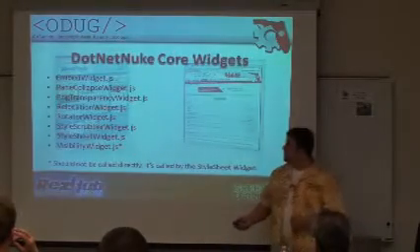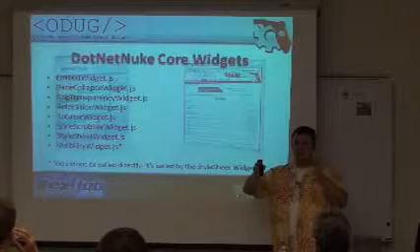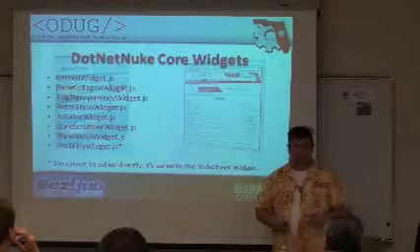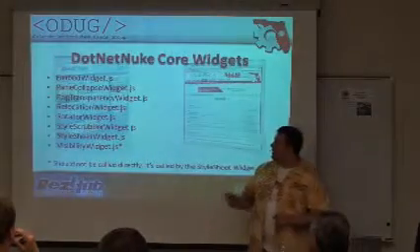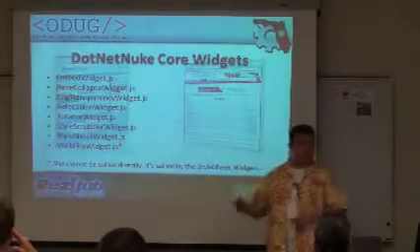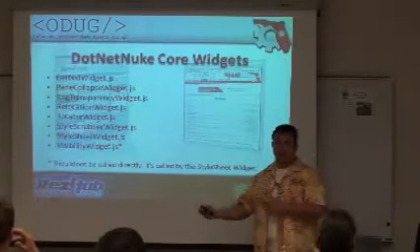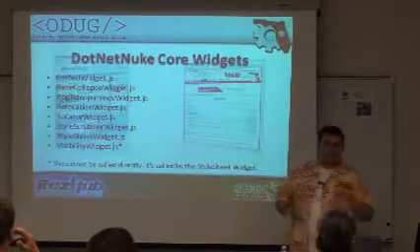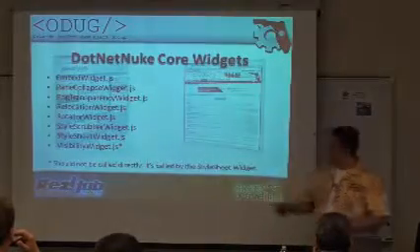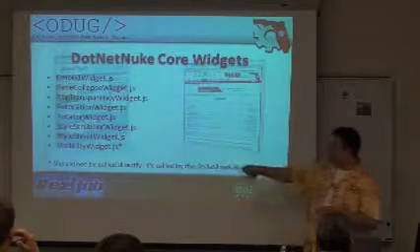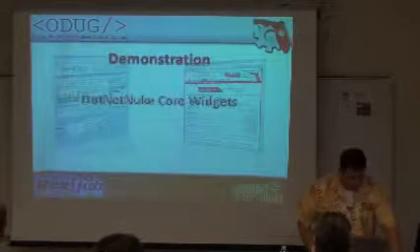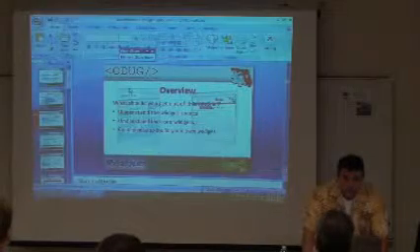Right. And let's see, rotator widget. That allows you to put something on your page that rotates the images. Right. And that's really, really cool because I've been doing that the hard way for a long time. Style scrapper widget, we're going to see that in action in a little bit. In some cases, you have a piece of code that you can't manage. This allows you to take care of that CSS that somebody else is importing that you can't do anything about, especially when it's dynamically generated by third-party modules. All right, and a visibility widget, which allows you to change the visibility of certain objects. So we're going to go ahead and take a look at some of those. Any questions before I get started with that?